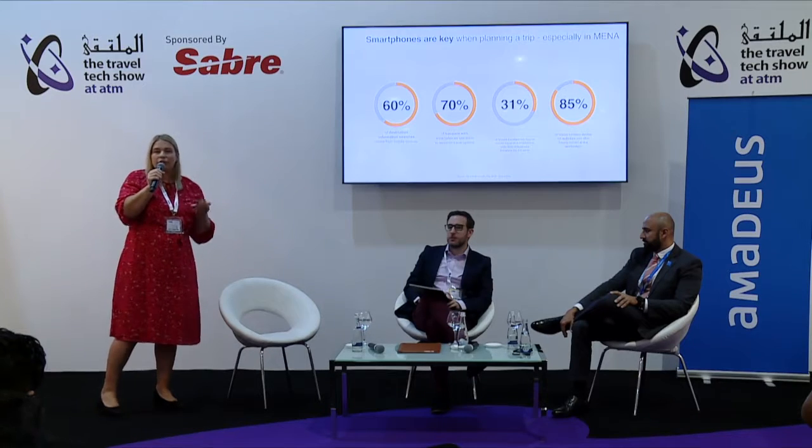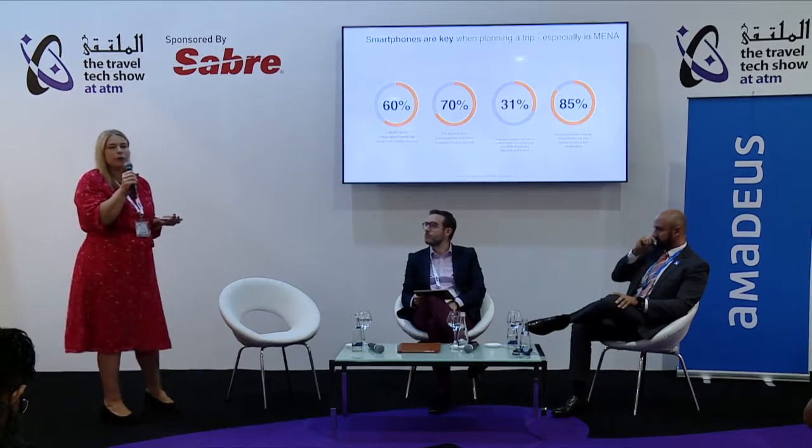So age of assistance is the key concept that we work with and something that every marketeer should embrace. Part of this age of assistance trend also includes the fact that we see more than 60% of all queries now happening on mobile because it's there, because it's accessible. For a lot of marketeers, they're still struggling with what their presence and what their KPIs on mobile should be. We're also seeing that smartphones are becoming key to how people plan their trip, especially in MENA. We know that destination searches come from mobile. We know that smartphones are key in researching travel options. We see that they don't necessarily book as much on mobile,